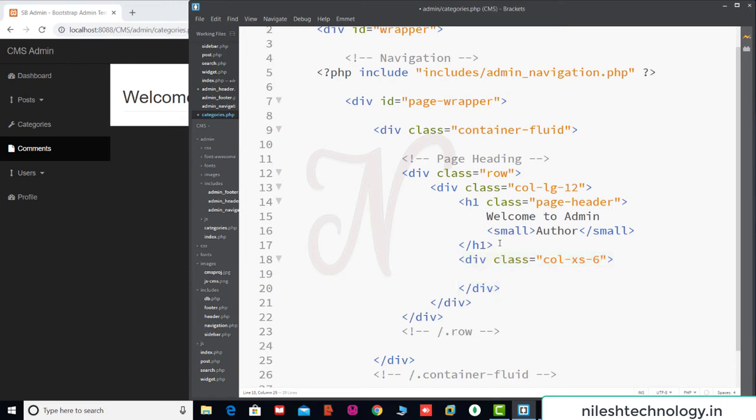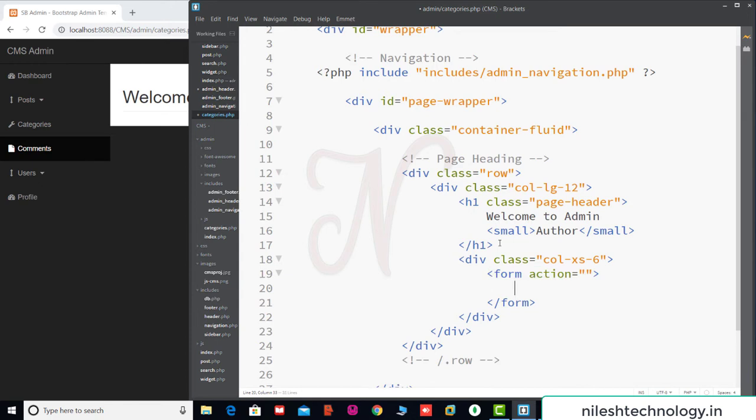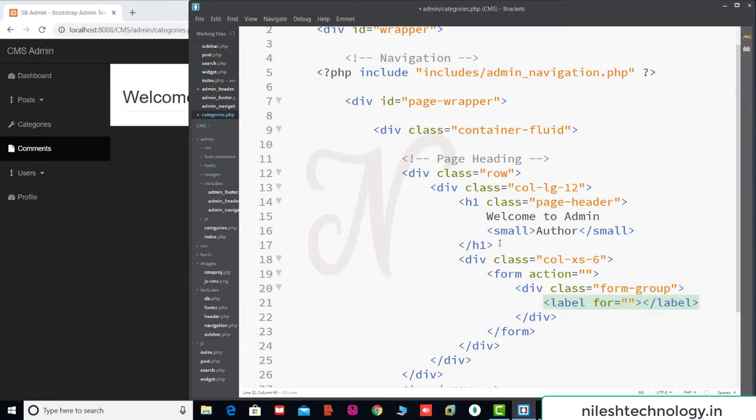So here we define one form action. Here we make the action null. Later we define some file name, then create another div with class form-group. See here, after that we declare one label for cat_title, and your label name is Add Category.